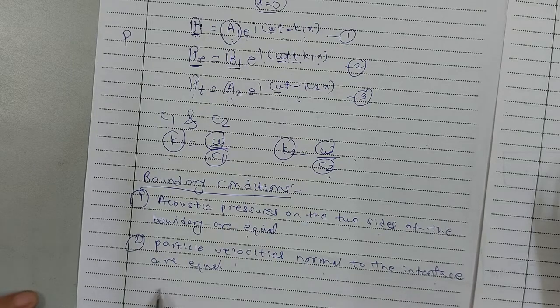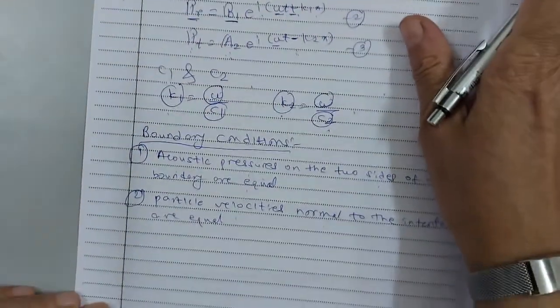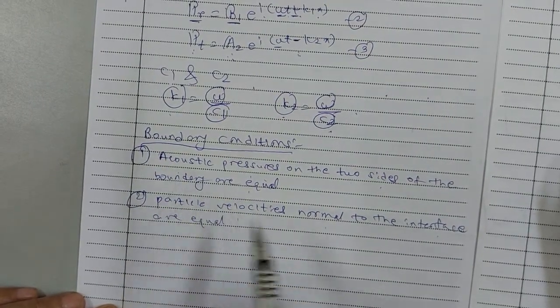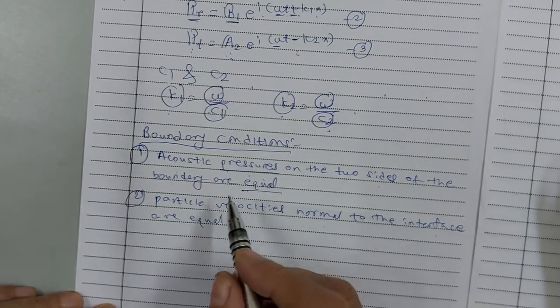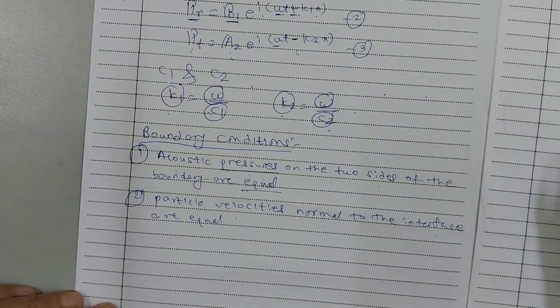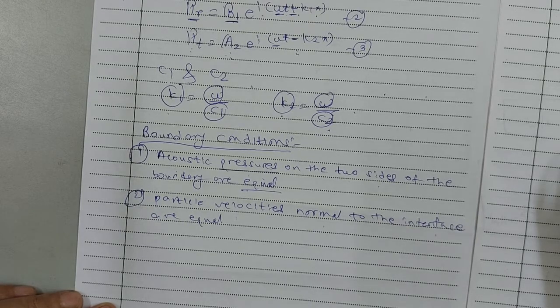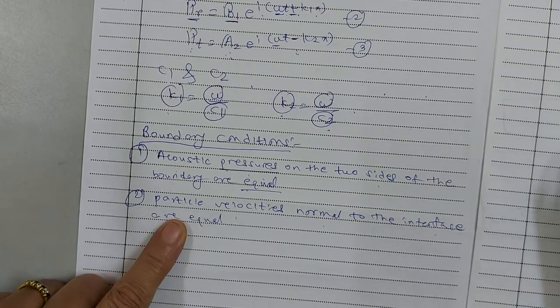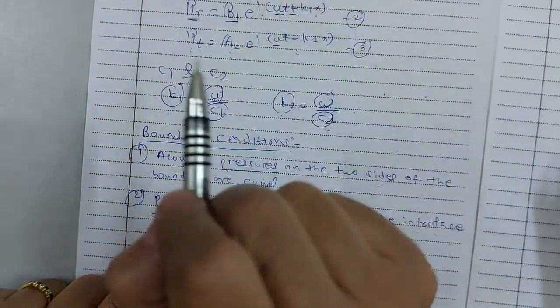Now, the first condition, the continuity of pressure, results from the fundamental law that pressure in a fluid is always continuous, single valued and a scalar function. That is important. And the second condition is equivalent to the requirement that the two media remain in constant contact at the boundary. That is very, very important.